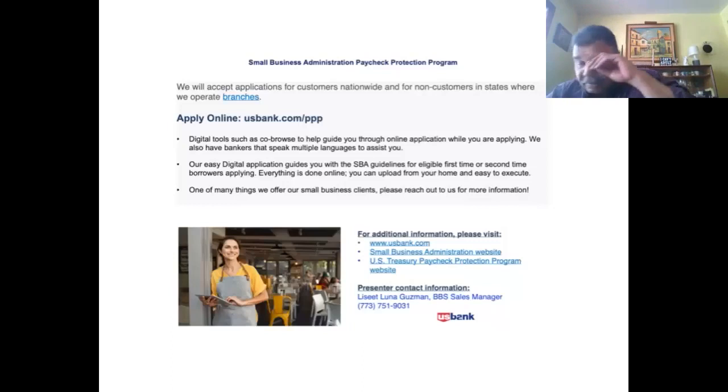And the great advantage that we're offering there too is something called Co-Browse, a digital tool where we provide you banker assistance. Any of your local bankers at any local branch, or myself, or any business banking specialist or business banker can walk you through the online application. Similar to what I think Tony shared, I believe Sandra from Chase shared, our application is very streamlined. It walks you through every single guideline that the SBA is asking you for.